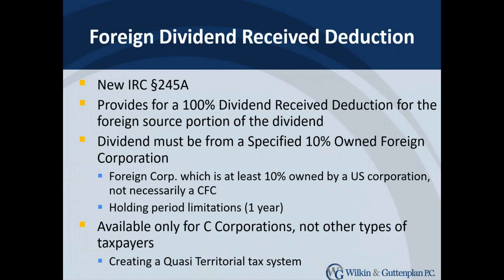So this is kind of the first of several instances we're going to see during this presentation that there is a bias now, I think, in the international tax area to hold your foreign ownership through U.S. C corporations, even though in the world of closely held businesses, which is where a lot of our clients are, we tend not to use C corporations. We tend to use pass-throughs. There are some real benefits in the international arena for C corps. So this is the first of that example that we're going to see.